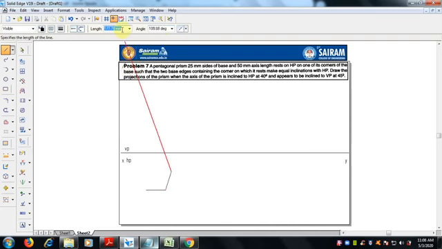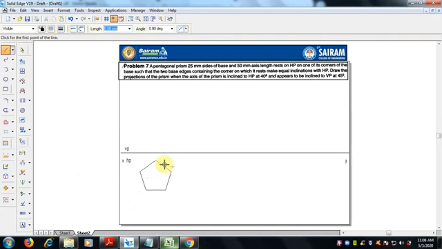So next is 25 mm and enter here 144. Next 25 mm, enter 216, enter 25, enter 288. So now the entire pentagon is over.